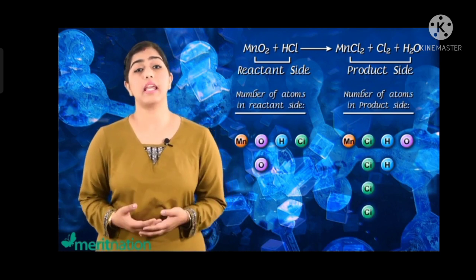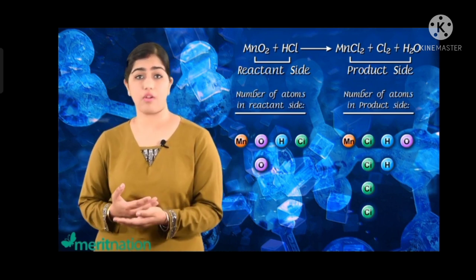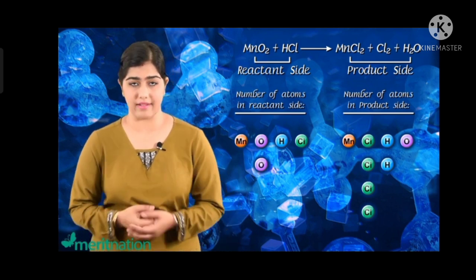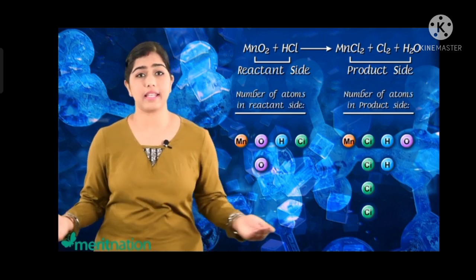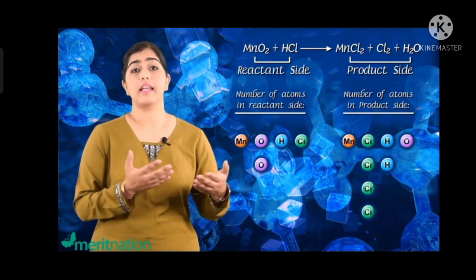So we can clearly see that the number of atoms for the elements chlorine, hydrogen and oxygen are way out of balance. So to balance this chemical reaction, we'll proceed in a stepwise manner, balancing each